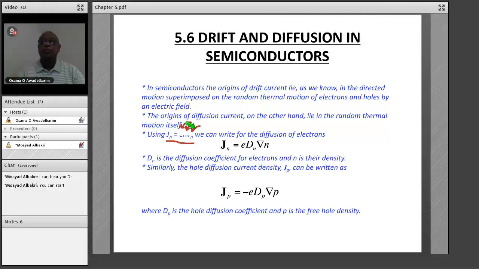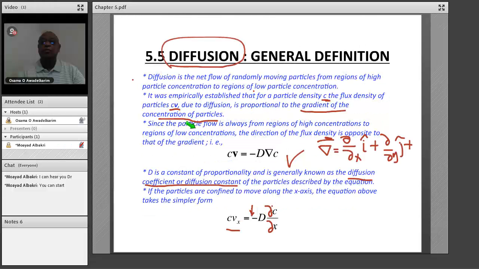And that is why we got the mobility and everything. Now, let us think about V when we have diffusion. Where do we get that? You go back here, look at this one here. This is V, the velocity,